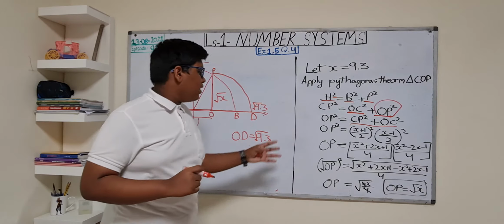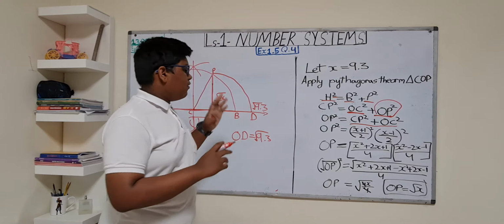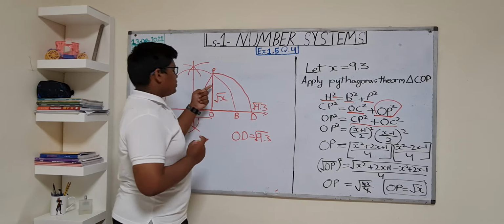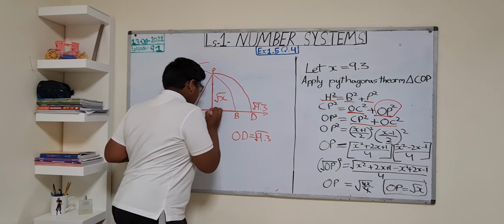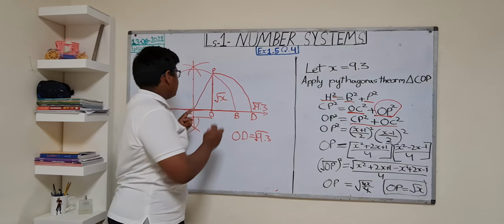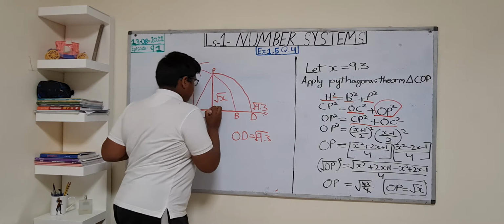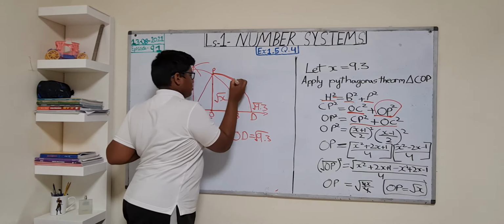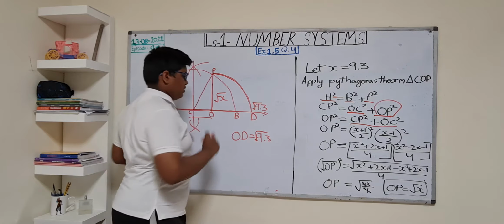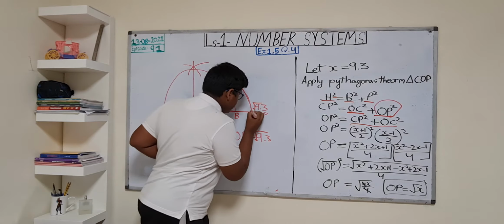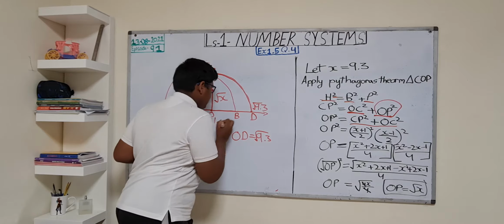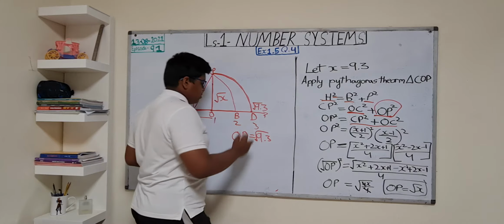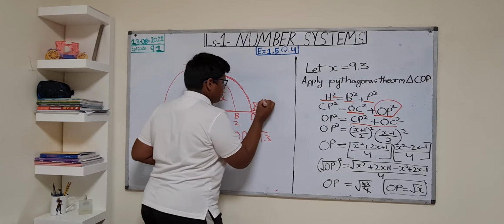So now we have OP square and all the formulas, right? Before going there, we took a compass and placed it on O, pointing the pencil at P, and we made an arc like this, and that point is on the number line. We can just write it as the numbers. So this will be on the number line, right? Here this point is at root 9.3.